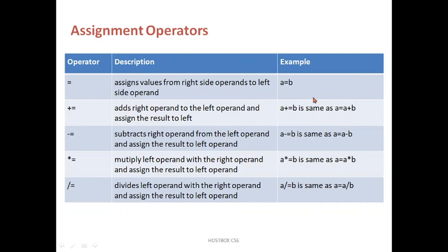For example, you give A value is 5, what happens? The 5 will be added with the B here. Similarly, A is equal to A minus B, written short as A minus equal to B. And similarly, A is equal to A star B, you can write short as A asterisk symbol equal to B. All are the same only. So like that you can use the assignment operator. Most of the programs we are going to see in the upcoming sessions with the help of assignment operators, the programs written with the assignment operators and relational operators and so on.